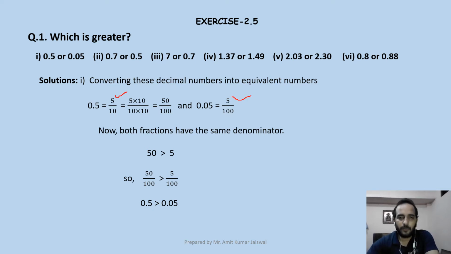You can use either of the two suggested ways to solve it, by comparing numerators or by comparing denominators having the other same value. So the rest of the parts you can solve. For the rest of the parts you need to follow the same steps. You will convert them into their equivalent fractions, and then you can make either numerator or denominator equal, and then you can compare it easily.